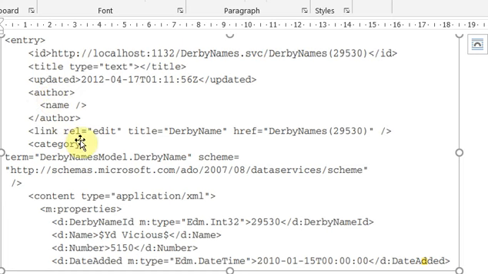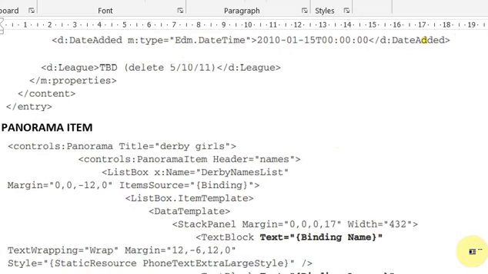Link is nothing but it specifies the links between the current document and the linked document, wherein you are telling the title to whom you have to link and also the referencing here. Then the properties, which are the date added, and the next one is the league in which that particular team will be participating, that information also. Then you're closing the property. All these come under your properties and content, and finally you're closing your entry. So that is about your OData. Next one you have is panorama.